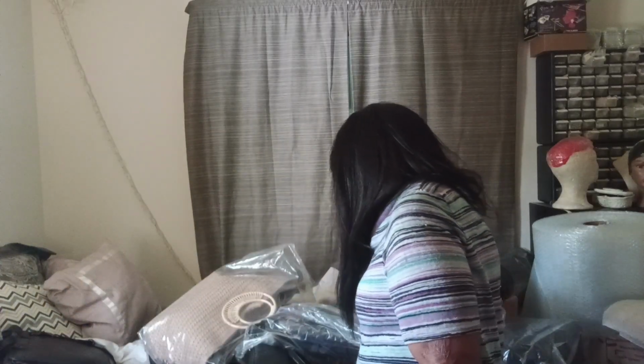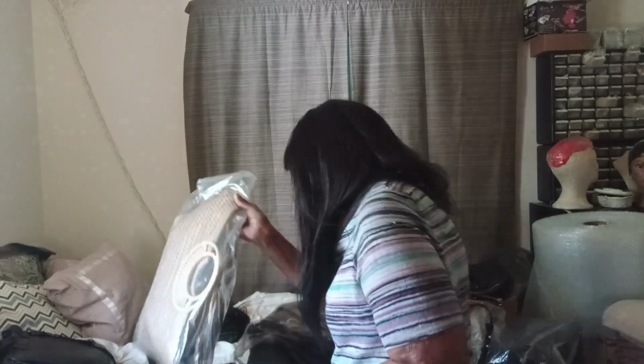Now the real bag of the Celine Dion is like going for $1,000 and $2,000. But I know a lot of ladies, including myself, appreciate the bags that they can get for way less. Okay. Here we have